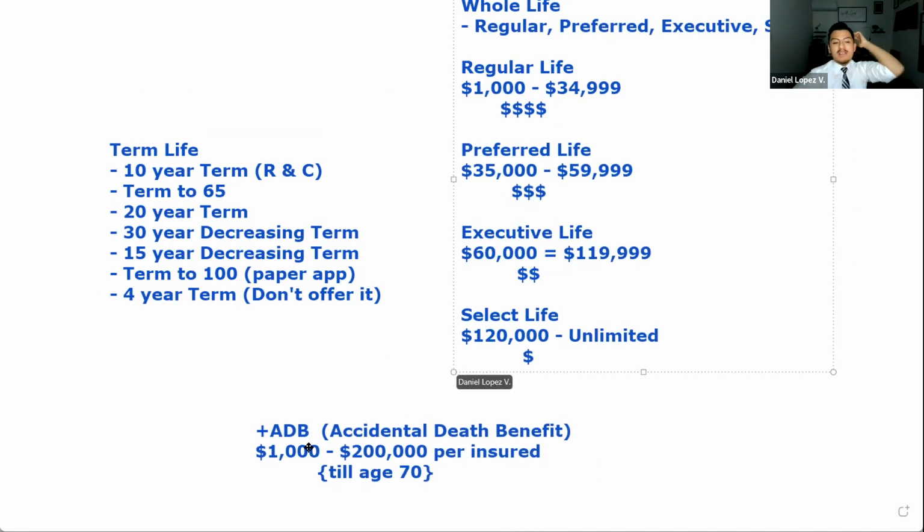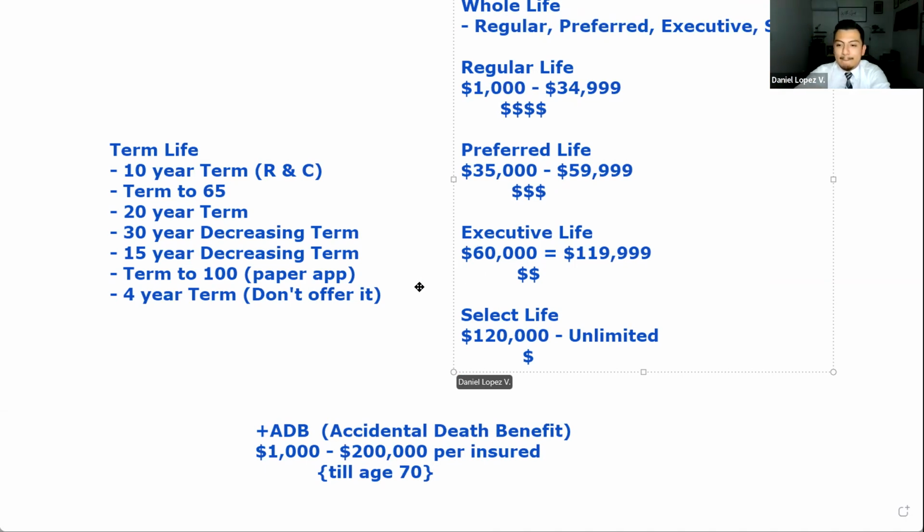We don't really disclose it because we don't really pitch ADB. There's a specific time and place where we pitch ADB. We used to pitch ADB a lot, but now we replace ADB with an A71 policy that they can keep forever. Okay. And usually ADB is always talked about as a POS. If we revisit a client that doesn't have ADB, we add it in there. And do we disclose it? That'll be up to you. I generally don't, because by the time they're 70, they know that it's an accident.